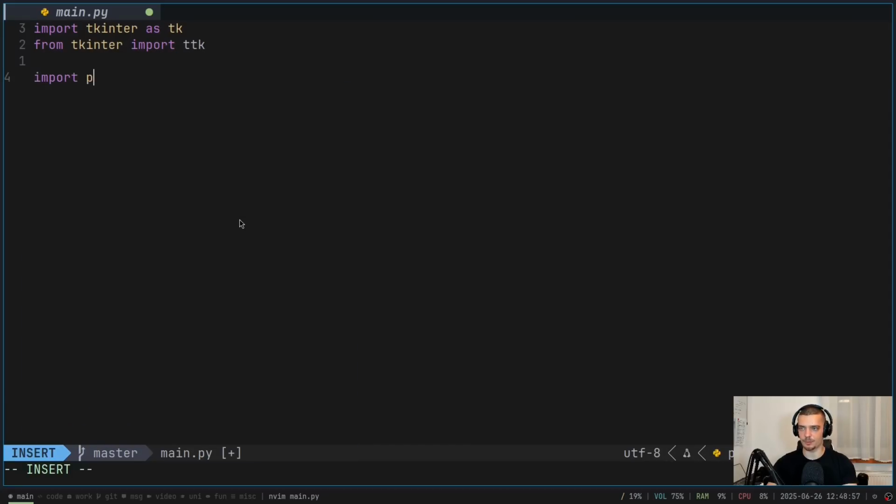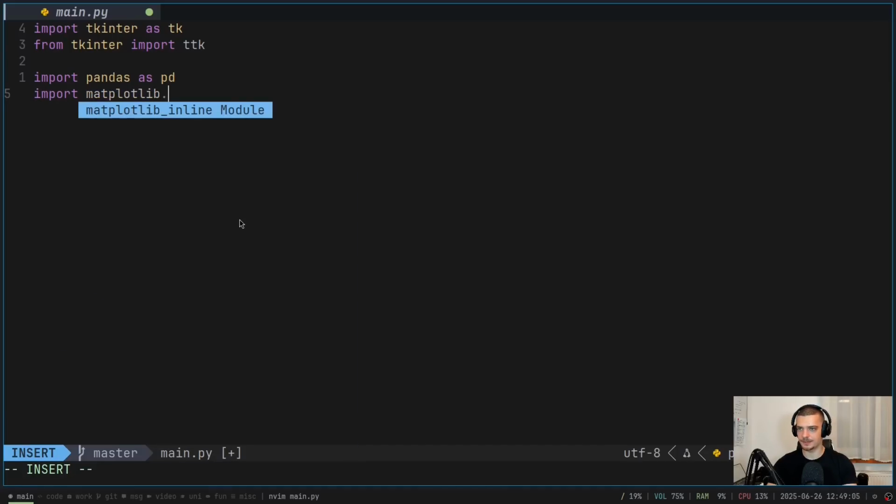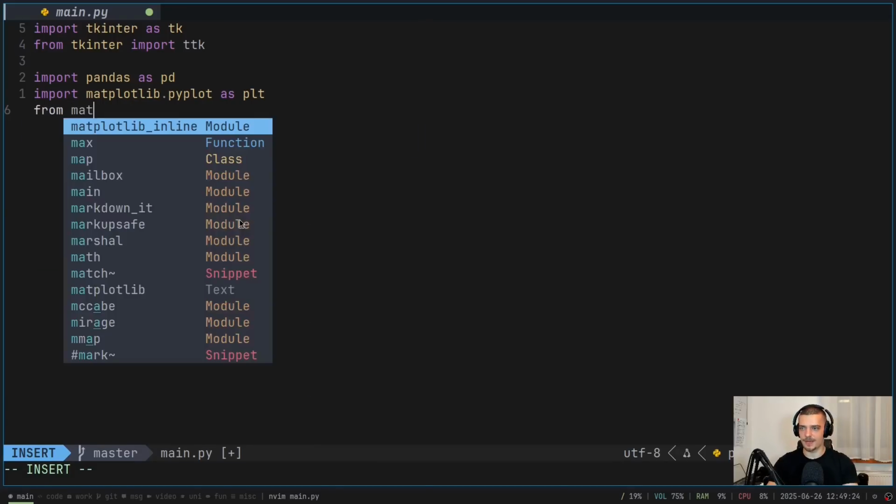And then we're going to import pandas as pd for the data frame handling and matplotlib.pyplot as plt for the visualizations. And now what we need to do is add a matplotlib backend so that we can connect matplotlib to Tkinter, so that we can show the visualizations as part of the graphical user interface that we created with Tkinter. So we're going to say here from